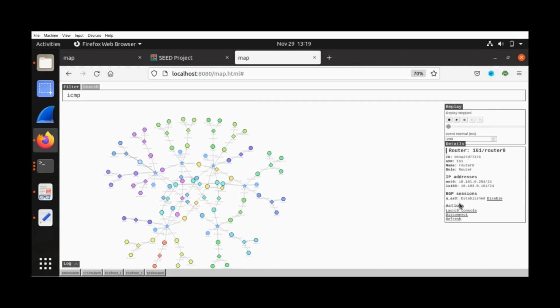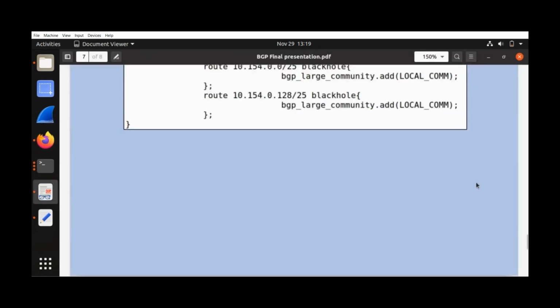Normally we would go to this ISP and prohibit AS161 from sending any hijacked network announcements. But before that, let's try to fix the problem from AS154 to gain back its network ownership. That's for the next task,